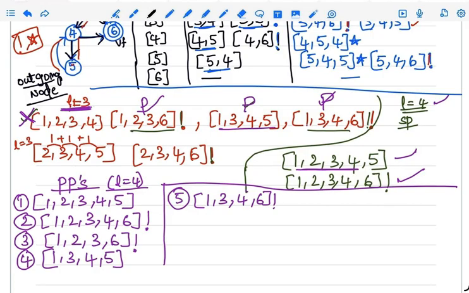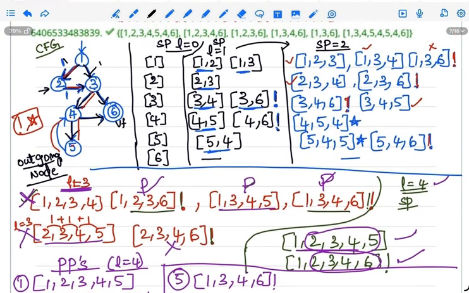Next 2, 3, 4, 5. 2, 3, 4, 5 is here, right? It's not a prime path. 2, 3, 4, 6 is here, right? So it's not a prime path. Next we check with